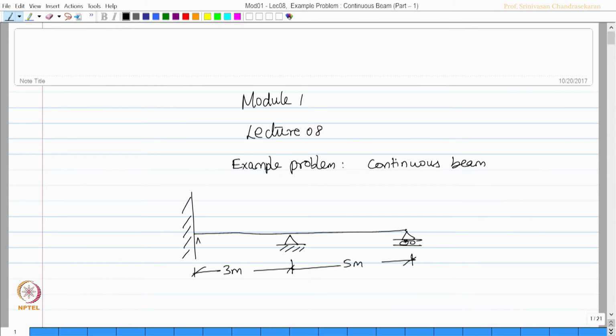I call this as A, B and C. You can also name them as 1, 2 and 3. So, this is my member 1, member 2 subjected to some loading. Let us say the external loading in AB is a uniform distributed load of intensity 20 kilonewton per meter, and BC has got a concentrated load of 40 kilonewton, which is at the center. The beam has got constant EI